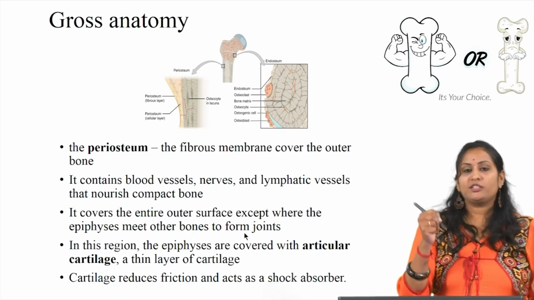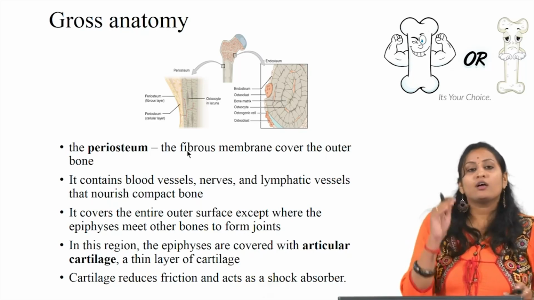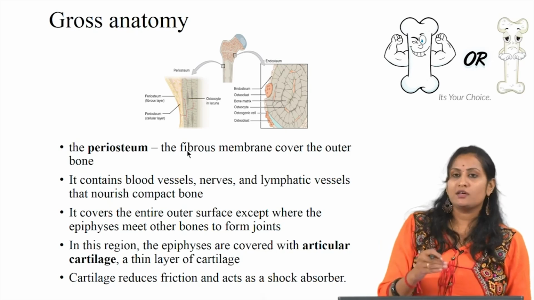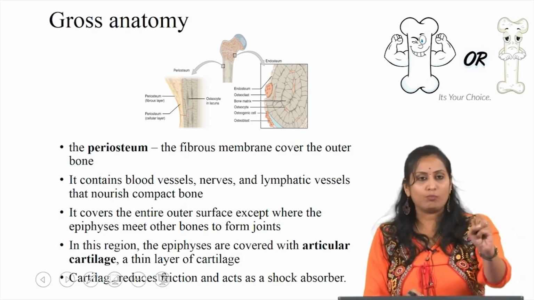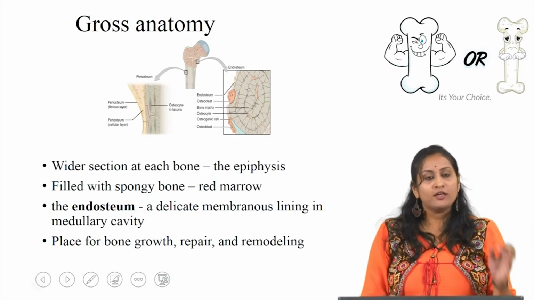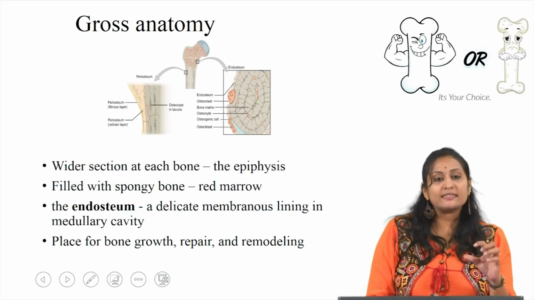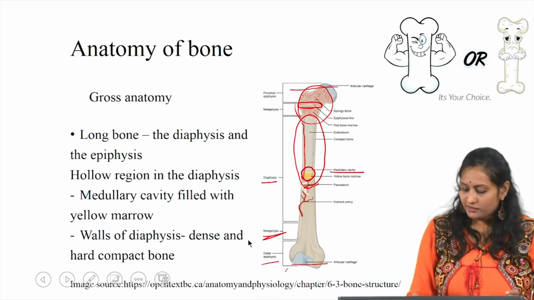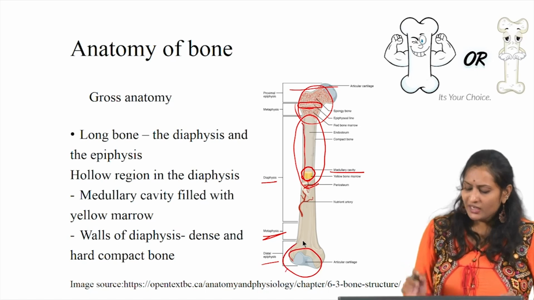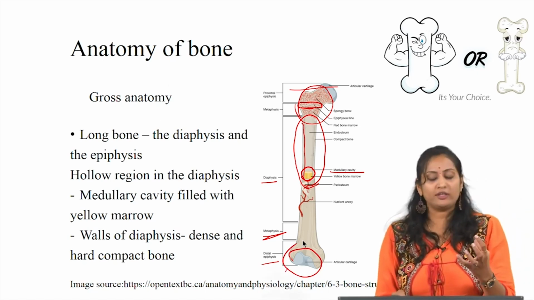And the periosteum, the fibrous membrane, covers the outer surface of the bone. It has blood vessels, nerves and lymphatic vessels that nourish the compact bone. This periosteum covers the entire outer surface of the bone except at the epiphysis region, where it has articular cartilage, and this acts as a shock absorber and reduces